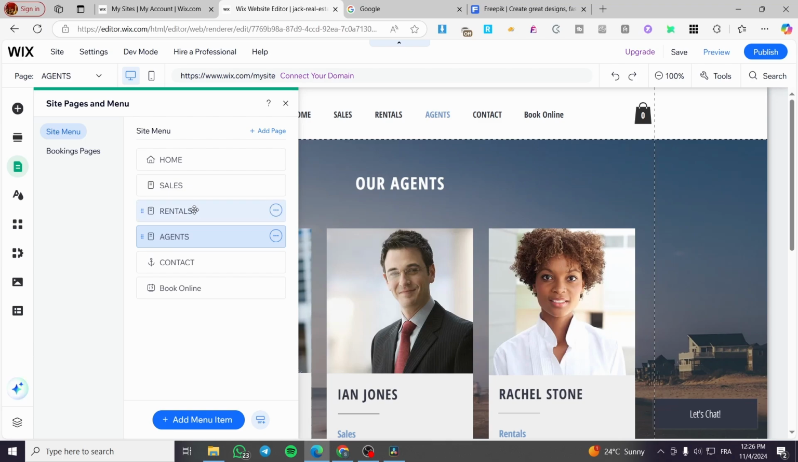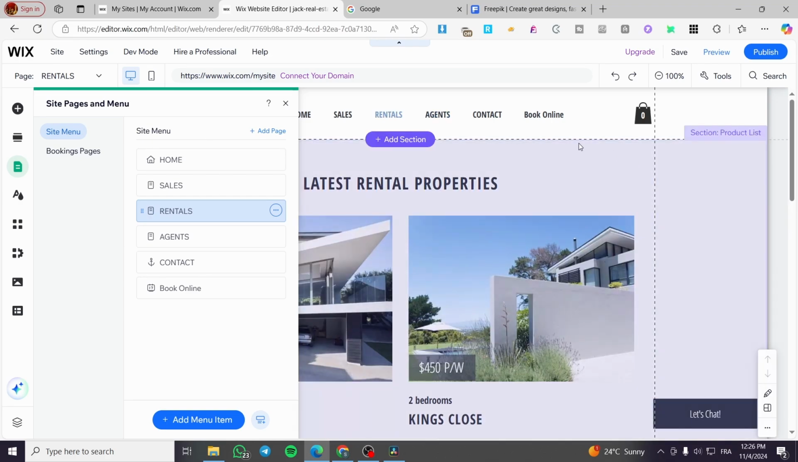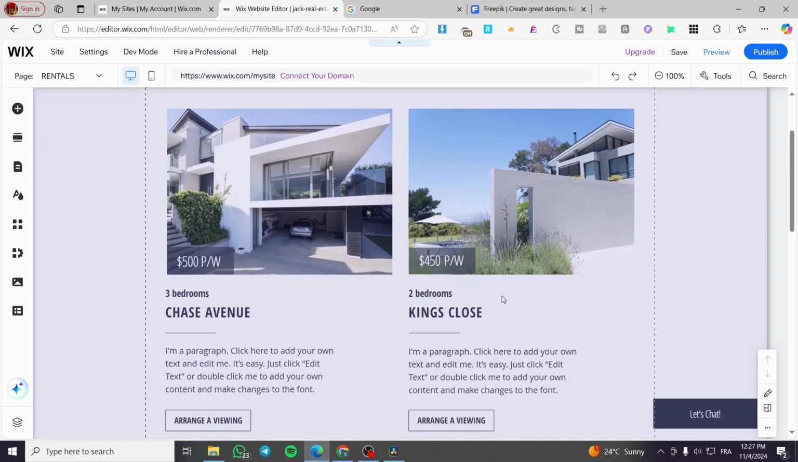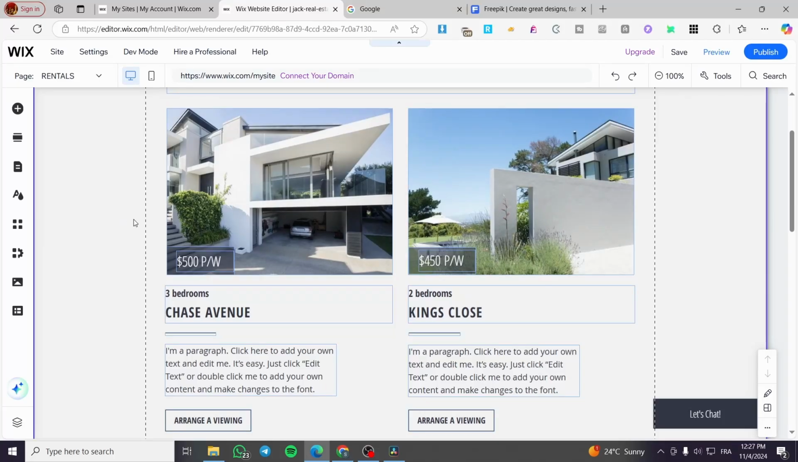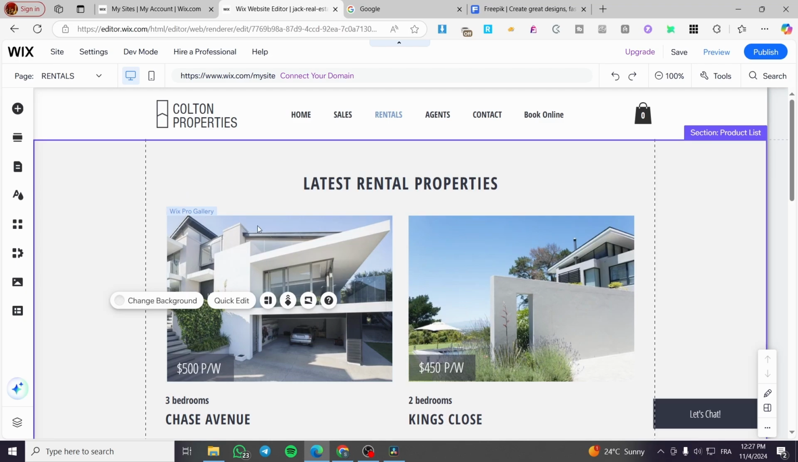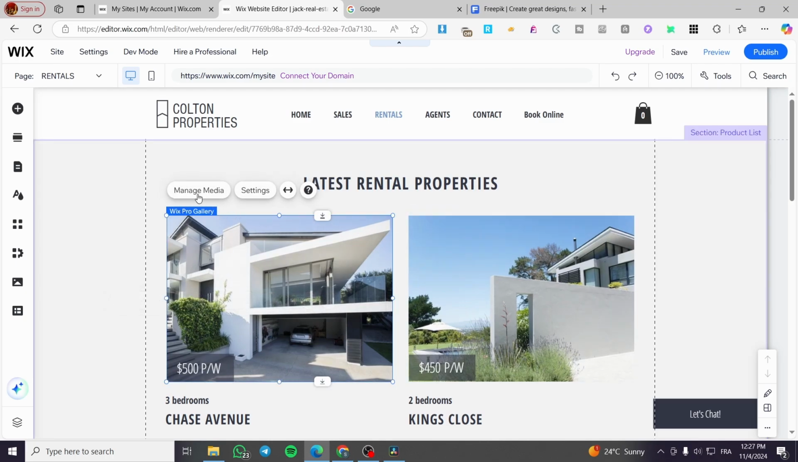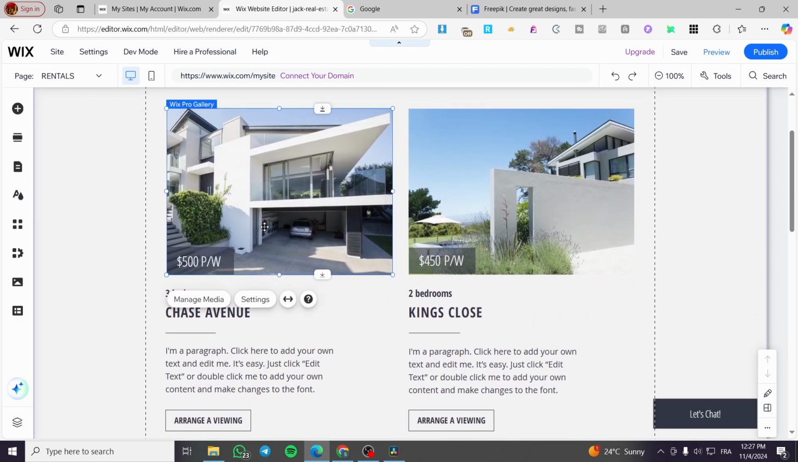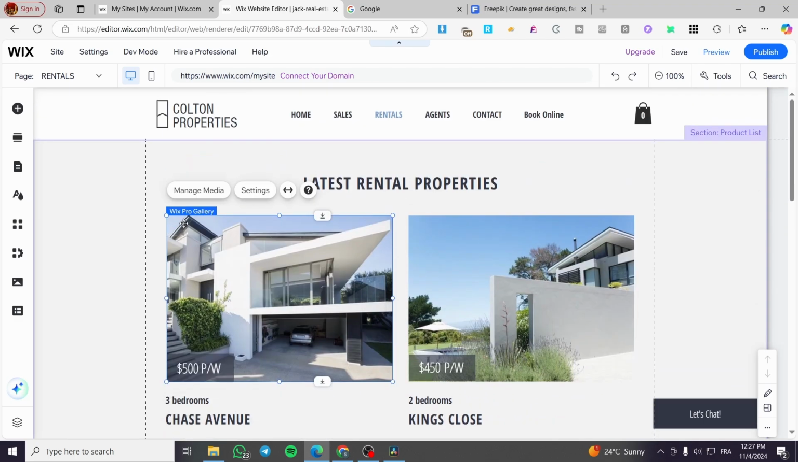Now, back to the rentals, you're going to see that we have the sales and we have the rentals. If you list a rental property here, you're going to see it right there. So how can you go ahead and manage that? It is very easy. As you can see, we have a Wix Pro Gallery set up. So if you want to set up a menu item right there, you're going to select the Wix Pro Gallery, click on Manage Media, and then we're going to get the menu to change or regulate the